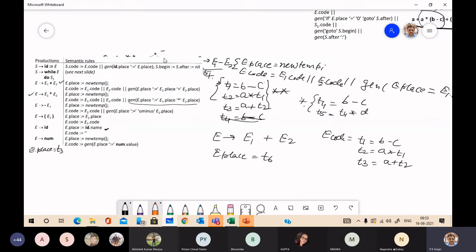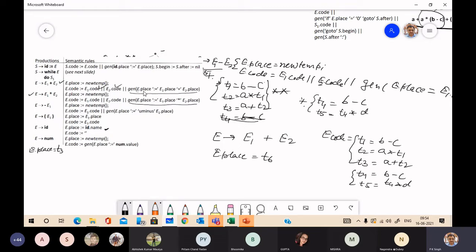Followed by E2.code. E2.code is this: T4 equal to B minus C and T5 equal to T4 into D. This is E1.code, this is E2.code. Here it is saying E.code consists of E1.code, E2.code, followed by this very three address statement.